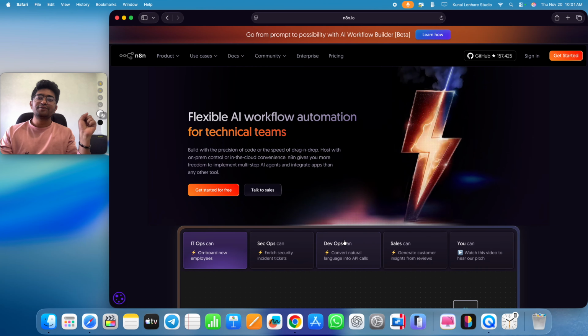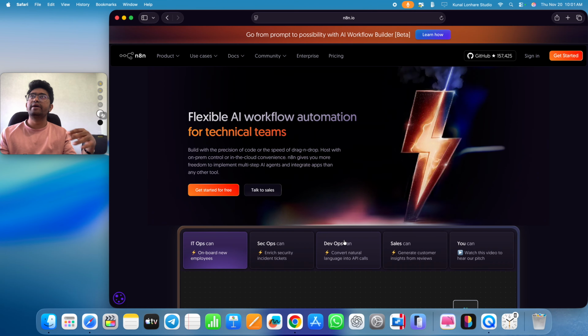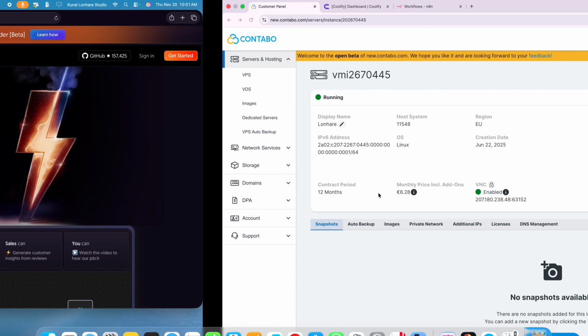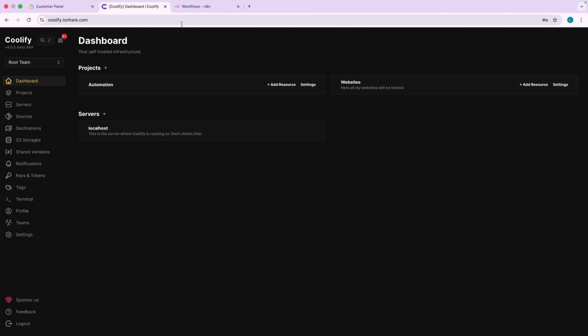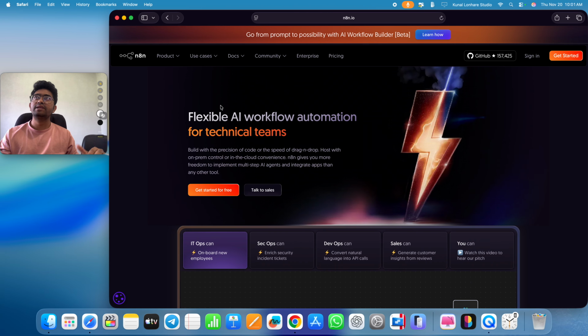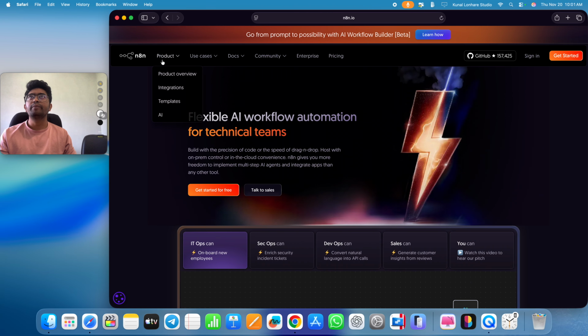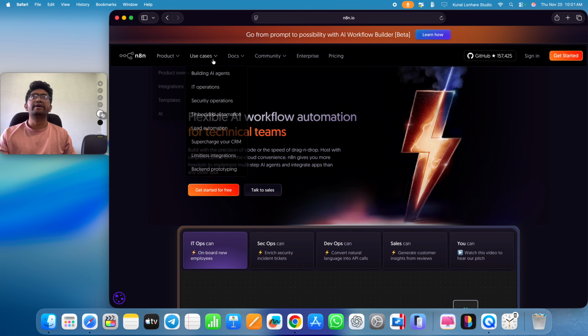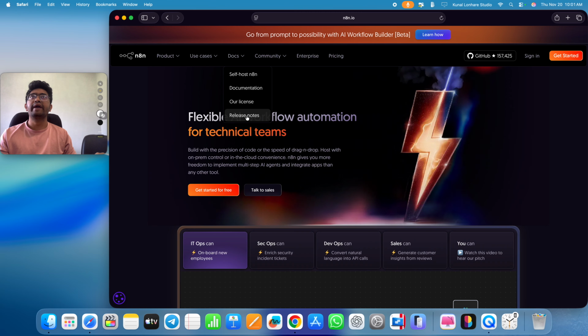Hey guys, so many people ask me how N8N can be updated. So with our setup, with Coolify and all, how can we basically set up N8N? So when we talk about N8N, if you just go to the docs